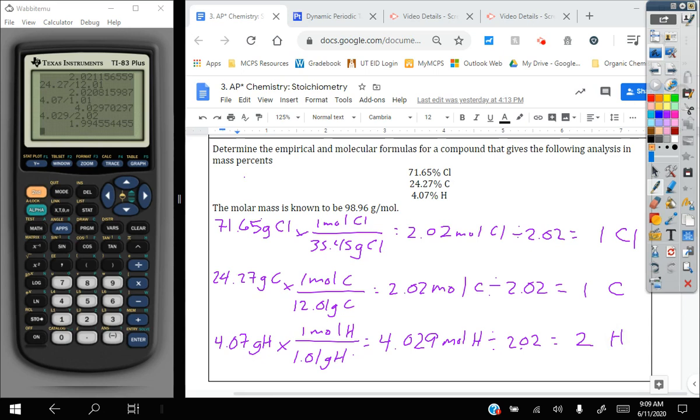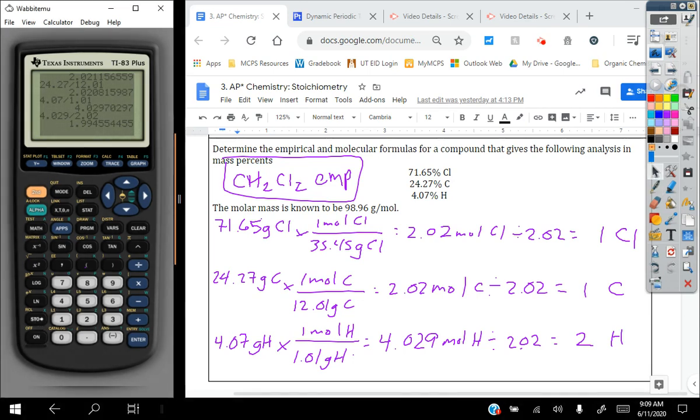So my empirical formula is CCl2, or CH, sorry, I should put this in proper order. Typically you put hydrogens first after the carbon. So CH2Cl2 is your empirical formula here. This is the empirical. Now, I need to find the mass of this and compare it to the mass that they gave me of